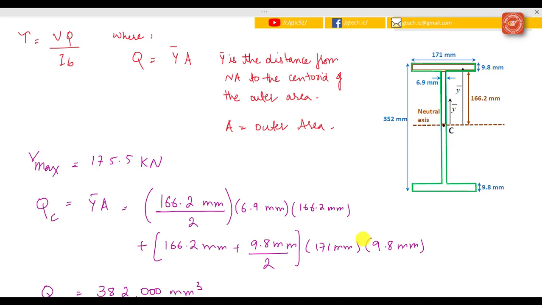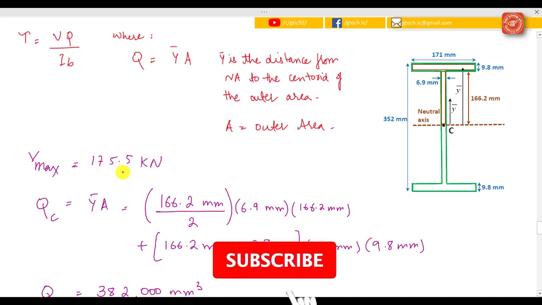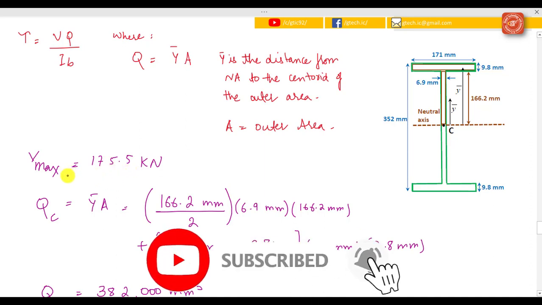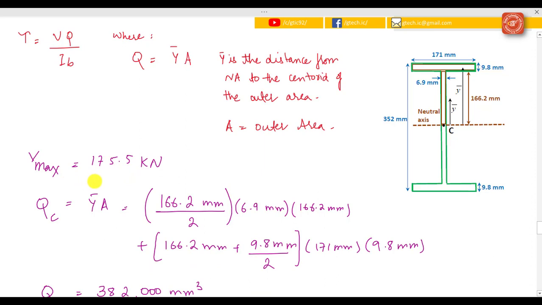The maximum shear force experienced along the length of the beam is equal to 175.5 kilonewton. And so now we have the Vmax, and we know what I is for the cross section, and at point C we know that the width is 6.9